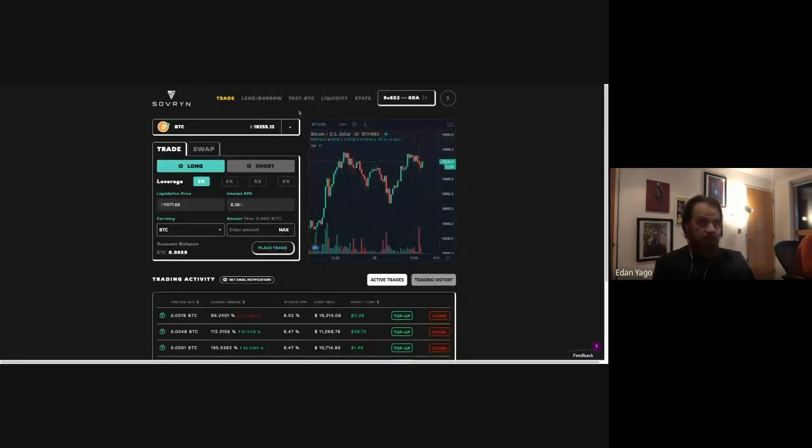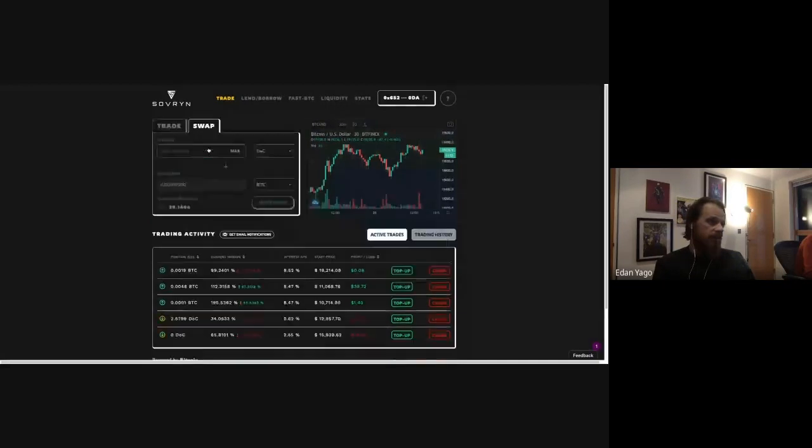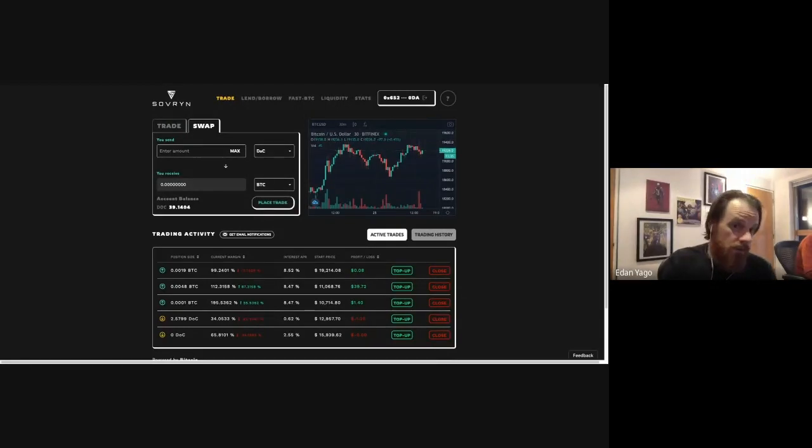So on the trading side, the primary component of the system is the swap system. This allows you to swap Bitcoin for DOC and soon additional tokens as well. So you can choose any token that is in the system. Right now it's only Bitcoin and DOC, but we'll be adding BPRO. We'll be adding basically any token that you guys have an interest in. You can let us know, and we will add it. We'll be adding USDT. We'll be adding SOV. And so any asset can be swapped for any other asset.